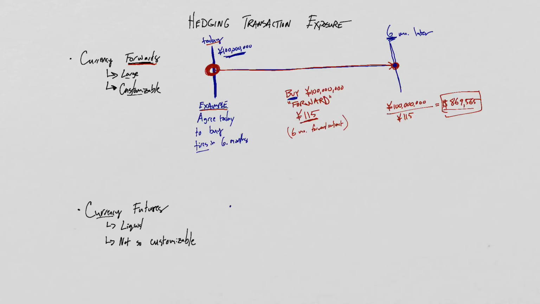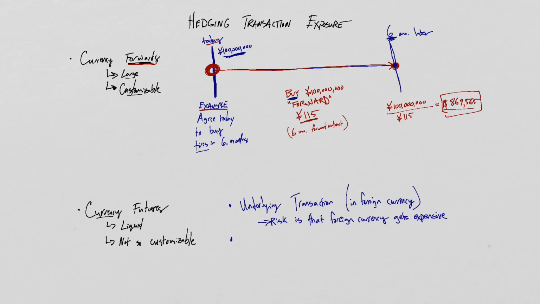Currency futures, the idea is exactly the same. It's just that with futures contracts, we still have these 2 things. We have the underlying transaction. Here, it was the Japanese tire supplier, and the payment that we had to make was in foreign currency. The risk is that the currency gets expensive. If the Japanese yen increases in value, it's going to cost me more dollars to buy that same amount of yen. And so the idea is that we buy an offsetting futures contract that will profit in that type of